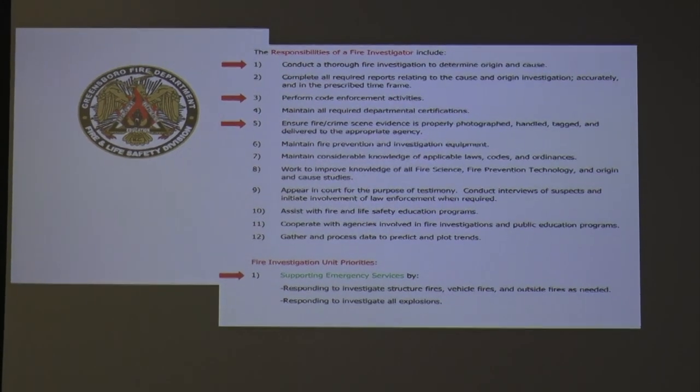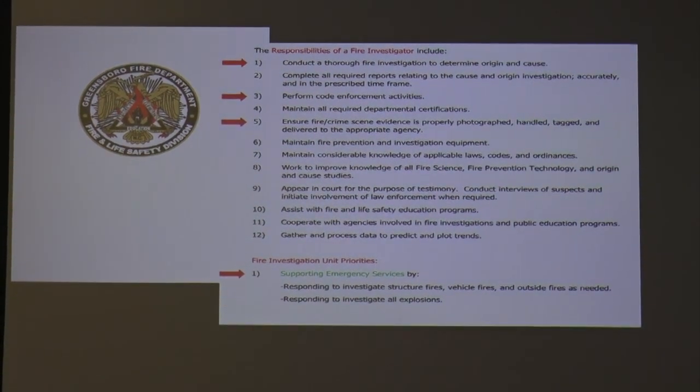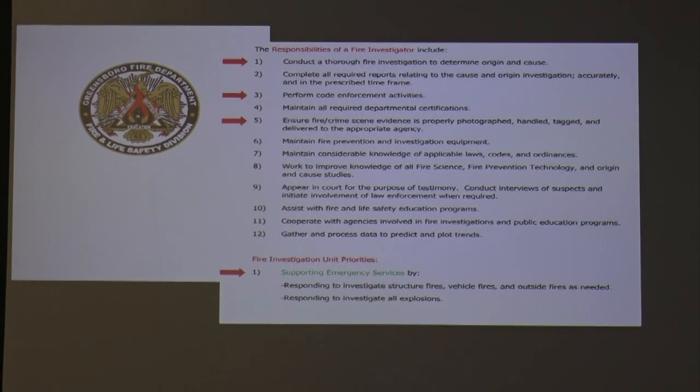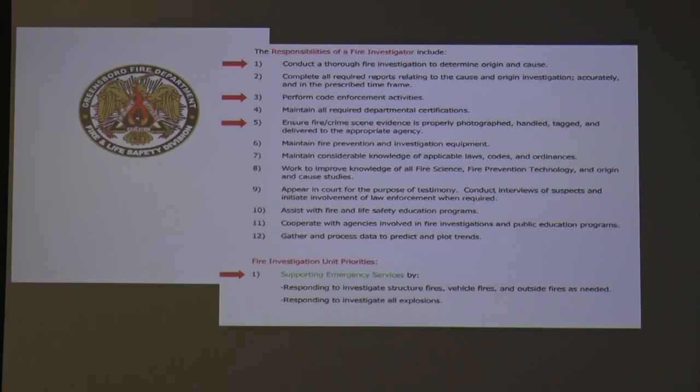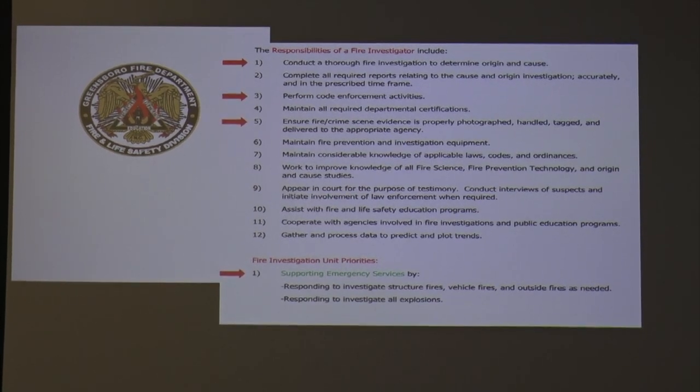As a fire investigator, we're there to conduct a thorough fire investigation to determine the origin and cause. Code enforcement: a lot of these apartment fires that we go on, we can come in there and make sure they've got working smoke detectors and fire extinguishers available, so we do follow up with the code enforcement as far as that goes, as well as the fire